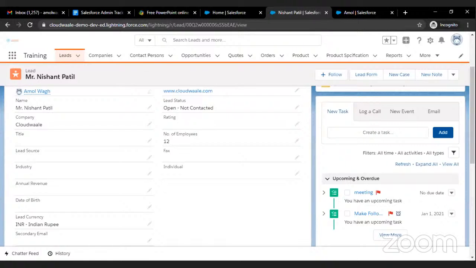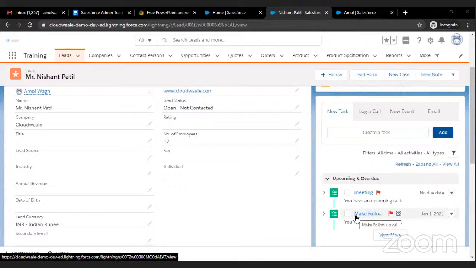There is one more question. What happens when task is not completed? Does the lead get lost? No. See, whether you have completed this task or not completed, it will not create any impact on this,